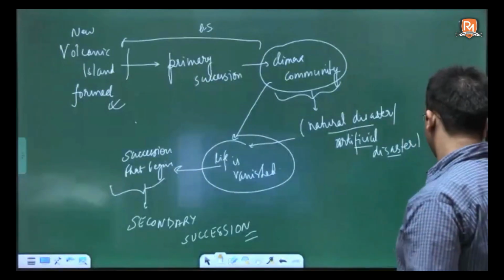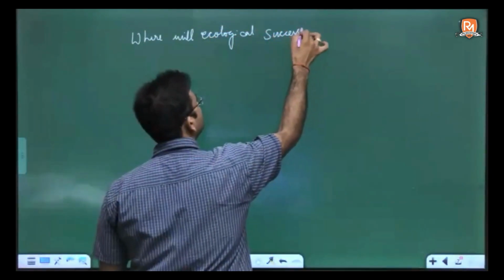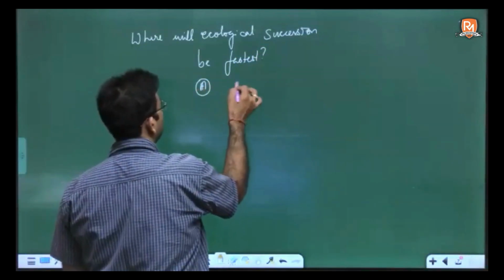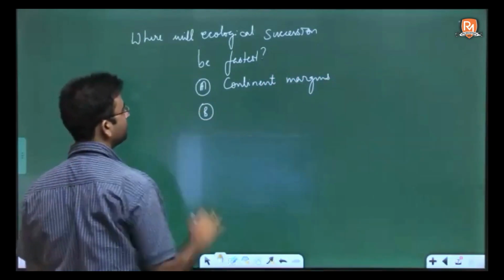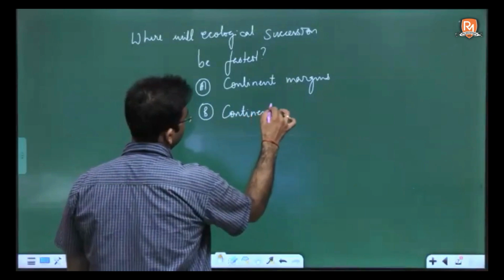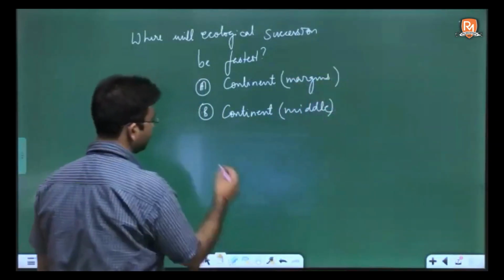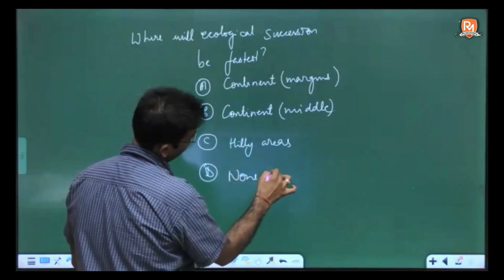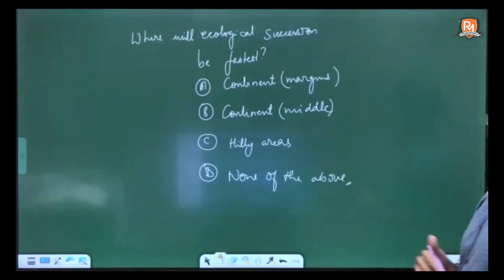Try to apply your common sense, and I'm asking a question. Where will ecological succession be fastest? A, continent margins. B, continent middle, the middle part of the continent. C, hilly areas. D, none of the above. Where do you think ecological succession is going to be maximum? The answer is